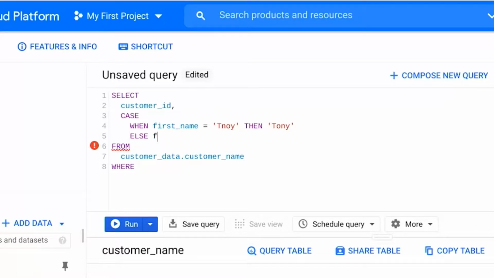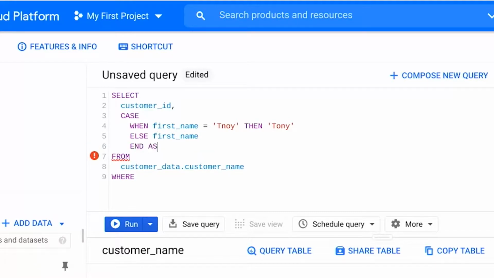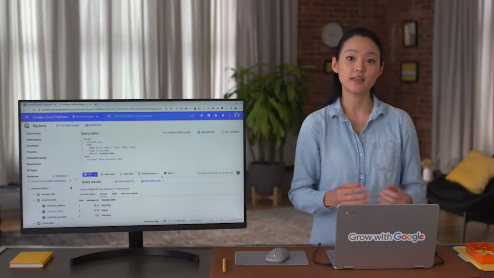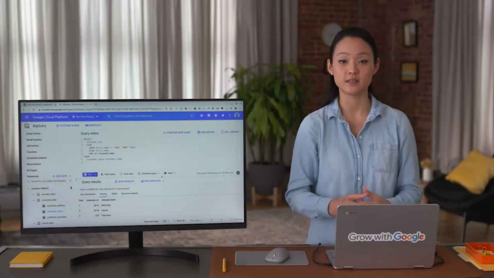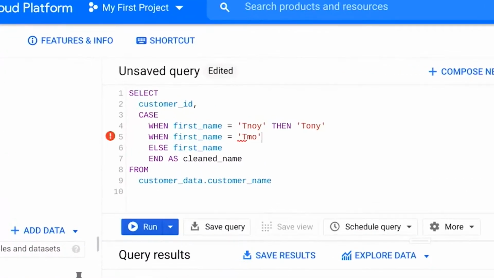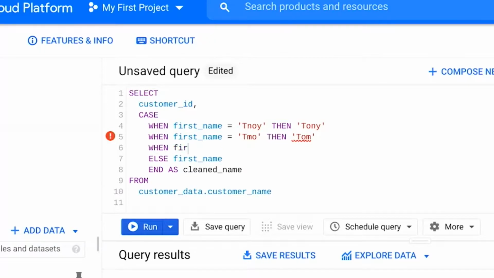Here we'll type first_name, followed by and as, and then we'll type cleaned_name. Finally, we are not filtering our data, so we can eliminate the where clause. As I mentioned, a case statement can cover multiple cases. If we wanted to search for a few more misspelled names, our statement would look similar to the original, with some additional names like this.